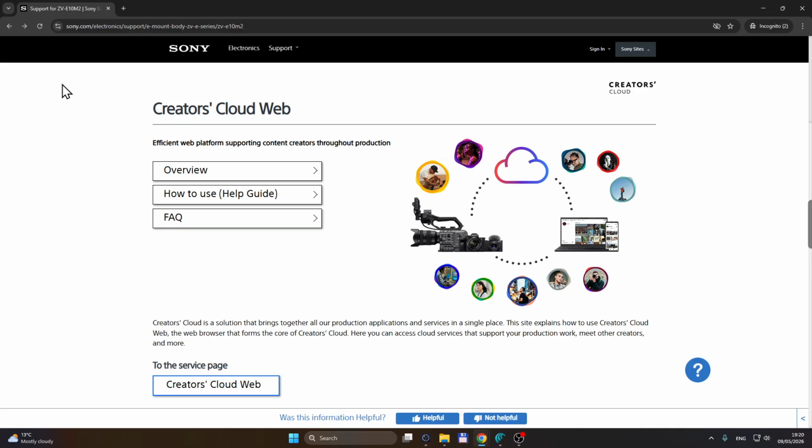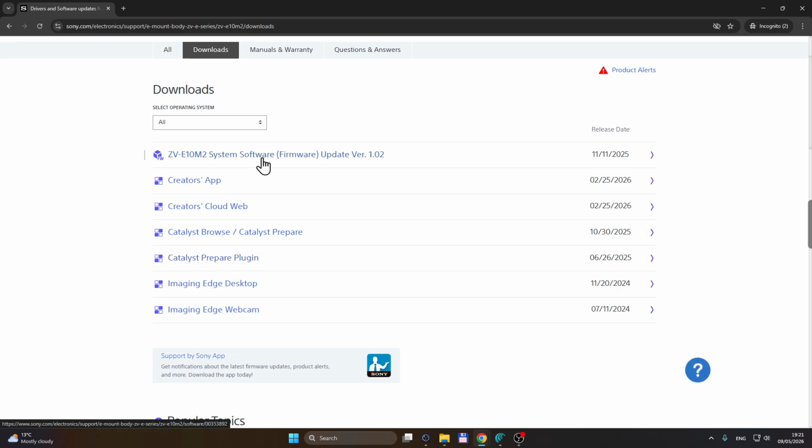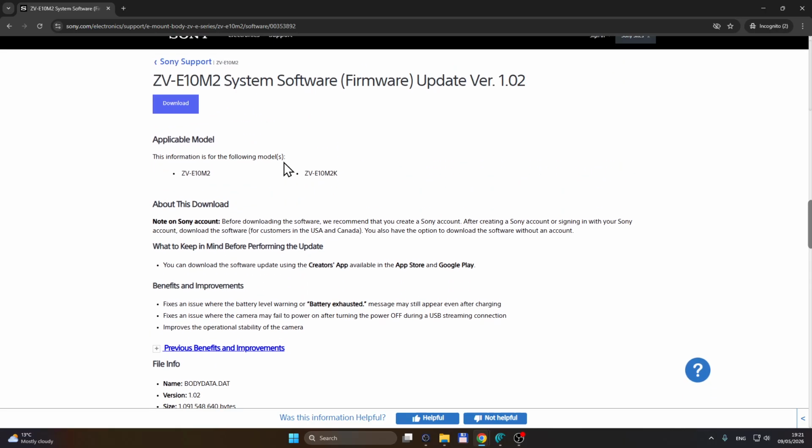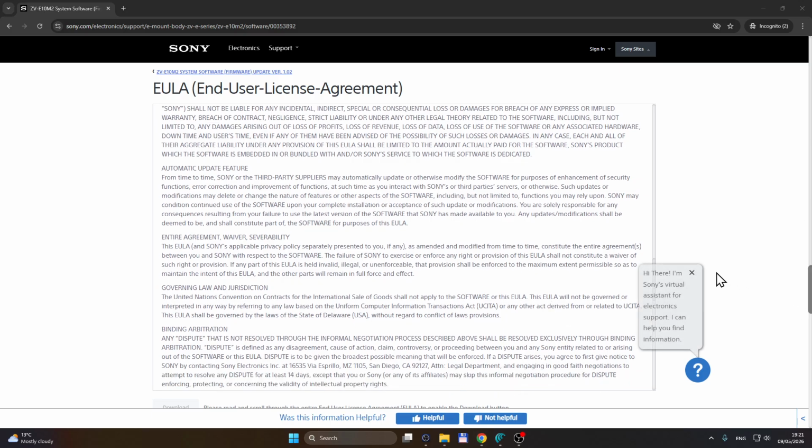And in the downloads menu, we're gonna have to select system software update, which is always the latest one. So let's download it, accept the agreement,